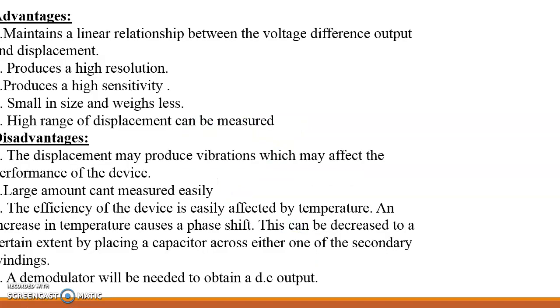Next, we see the advantages and disadvantages of the LVDT. So first, the advantages of the LVDT: it can be used to measure a high range of displacement, that is, 1.25 millimeter to 250 millimeter displacement can be measured by using an LVDT. And also there is no physical contact between the coils and the soft core, so there is no possibility for friction, so there is no possibility for wear and tear, and also electrical isolation is done for the entire LVDT.